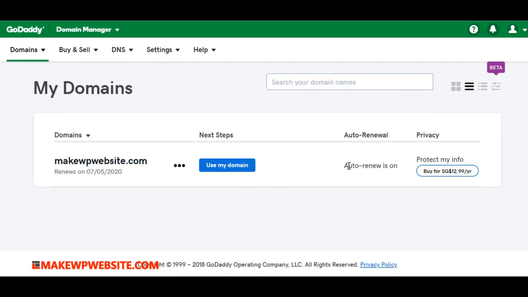Auto renewal helps you automatically renew this website, because this website renews in 2020, and maybe by that time I may not remember this website. I may be working on some other projects, so I don't want to lose this website name. So I always make sure auto renewal is on for those domains I feel are very important. And for those domains where I'm basically trying out something, I just want to try out a website for a couple of days and scrap it for some time.